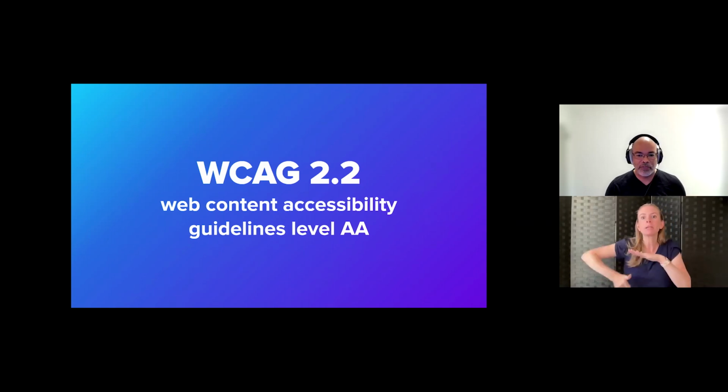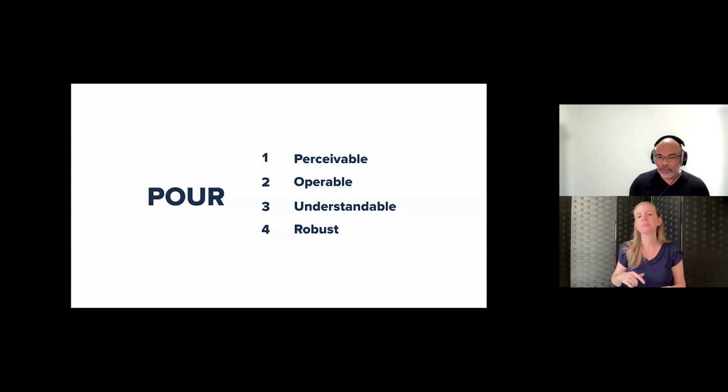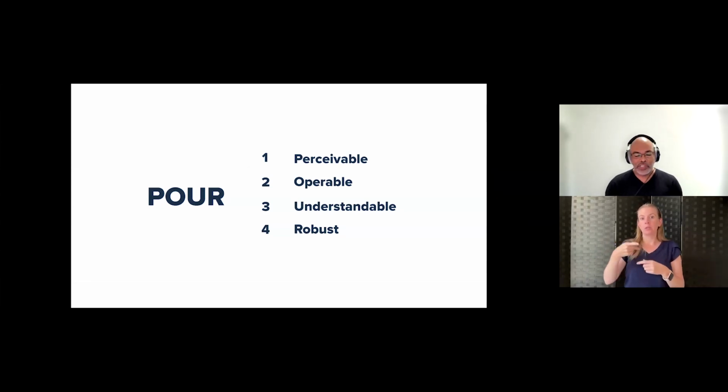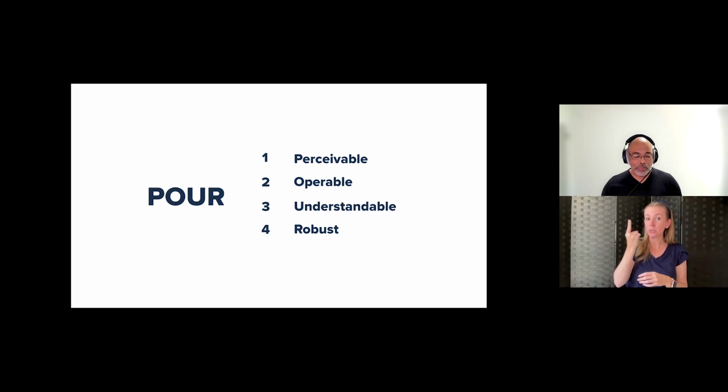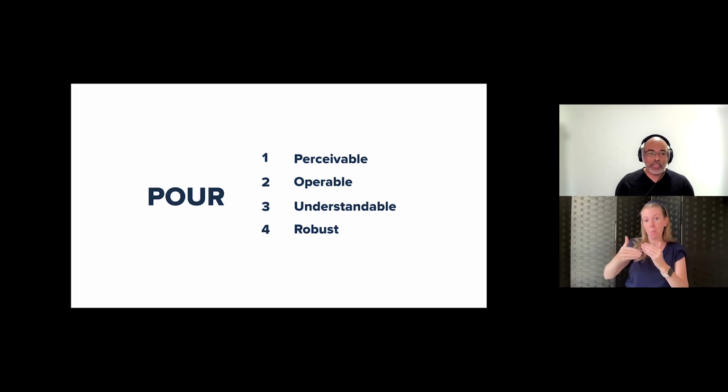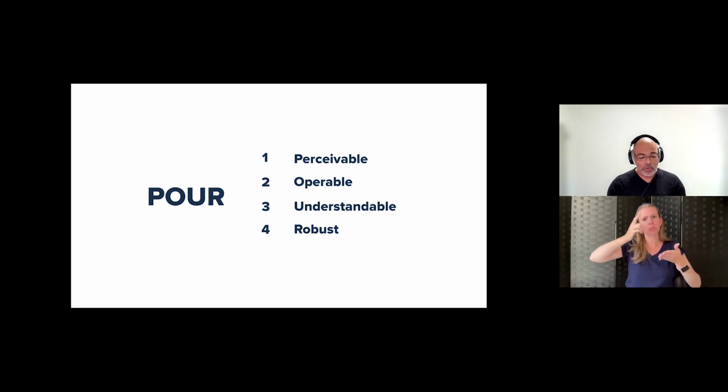That's just where we start from. And then we have the 4 sections of the WCAG: perceivable, operable, understandable, and robust. And so what I'll do is go through each of these and point out particular rules that pertain to the structure of how you can set up your design systems. That way, anyone who is involved in the product development process can read through your documentation and have a better understanding of the design they need to do, the code they need to write, or the content they need to write.